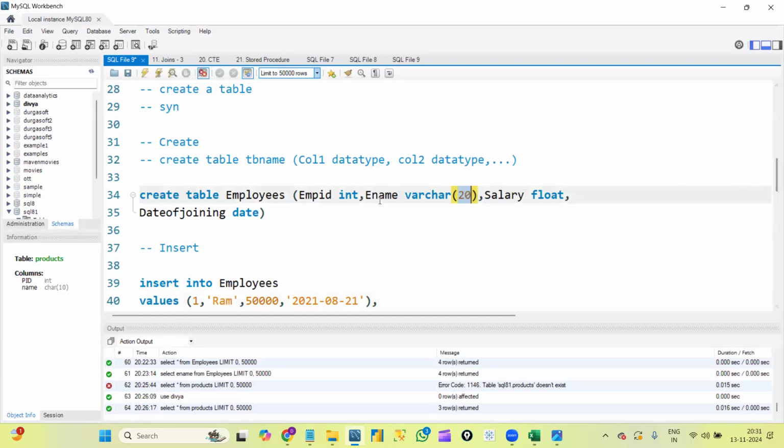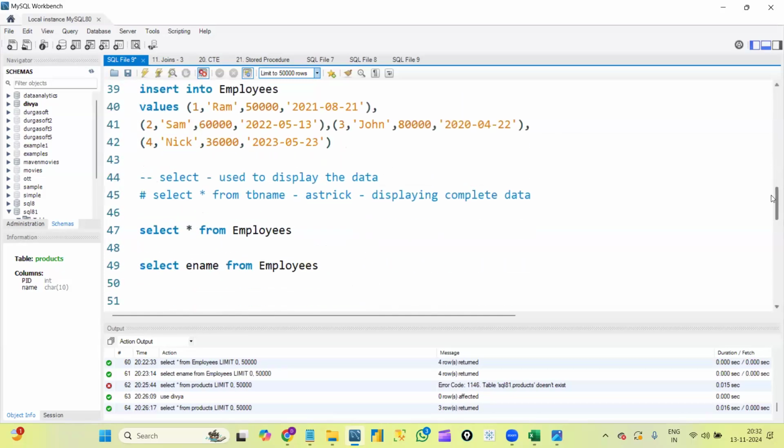Every time we define a character data type for any column, we need to define a size. After char or varchar, we use parenthesis, and inside that parenthesis, we define the size. Okay, next,